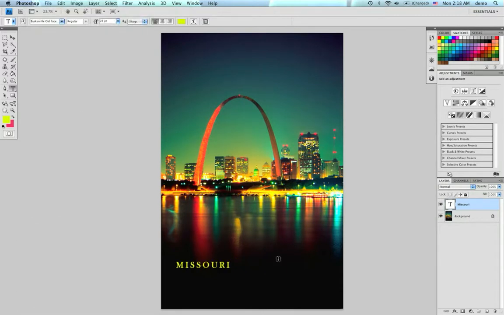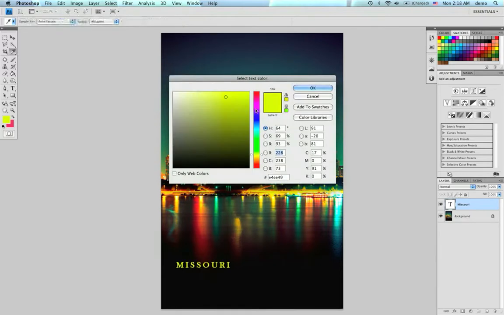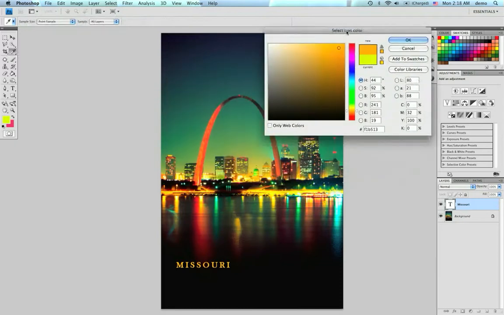And I'm going to change the color, which is this color chip up here. And I'm going to make this sort of an orangey thing. Now, I don't know if you know this, but if you take your cursor outside the color picker, notice that my color picker now turns into an eyedropper. I'll click on this orange right here so that I've got a repeating color value here. So I think I'll use that